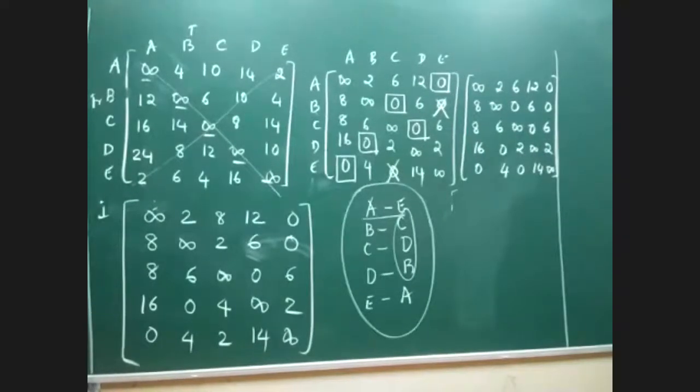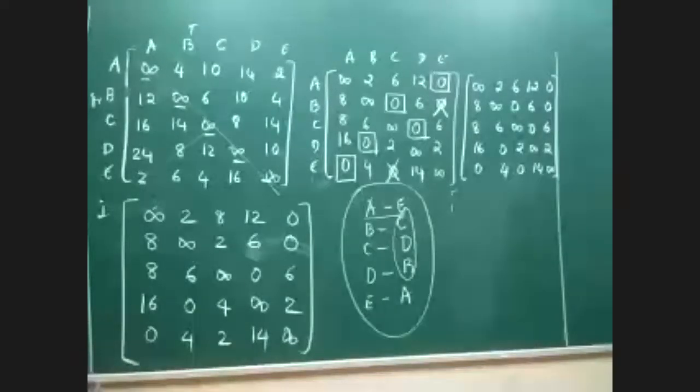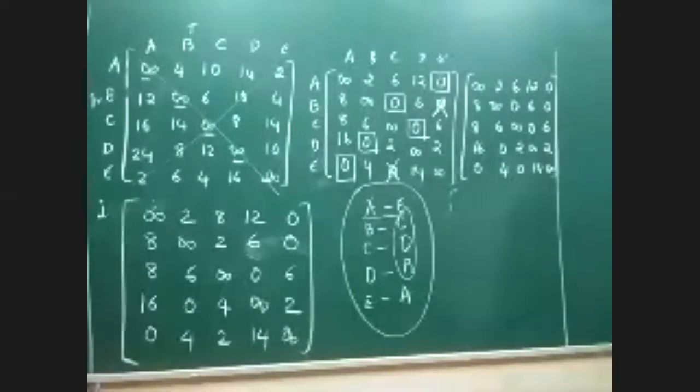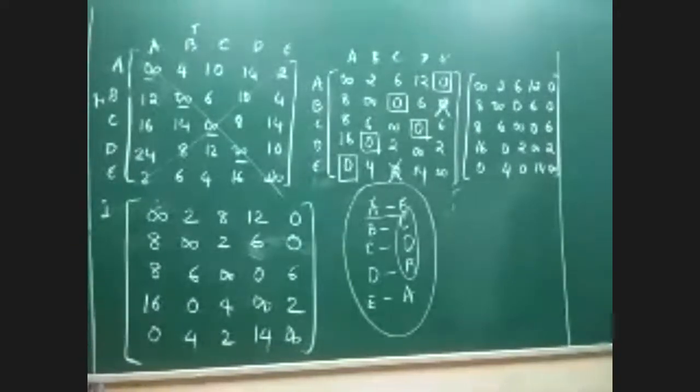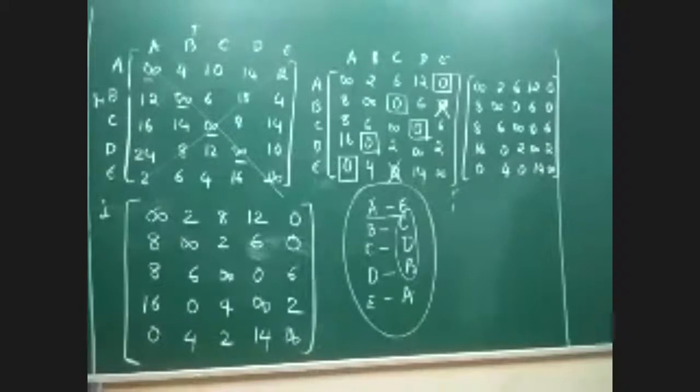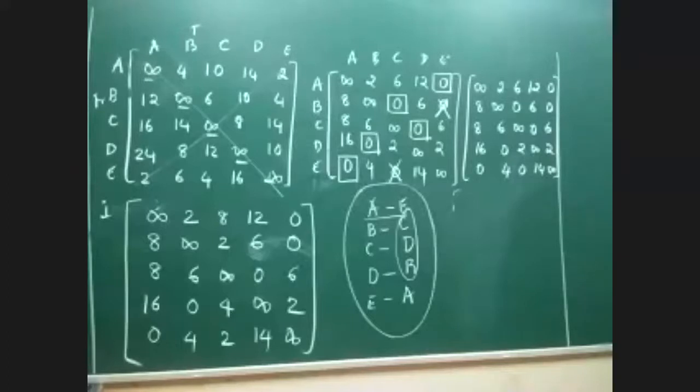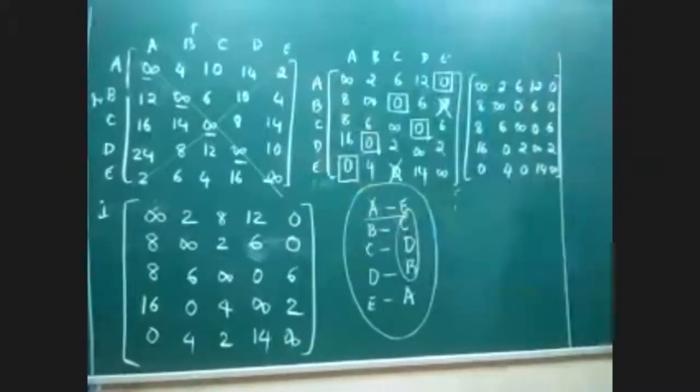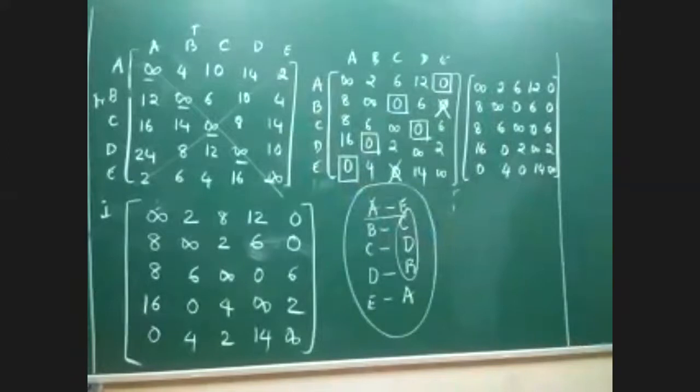Are you understanding my point here? If I'm taking single zero, I could see that my traveling salesman condition is not satisfied. Now the next possibility, instead of zero, can I think of something else? Okay, this is exactly where the improvisation comes into picture. So what does the improvisation talk about here? Very simple. Other than zero, leaving zero, identify any other smallest value in the entire matrix and start your allocation from there. This is a very, very, very important step. Please remember very carefully. And this rule is applicable only once.